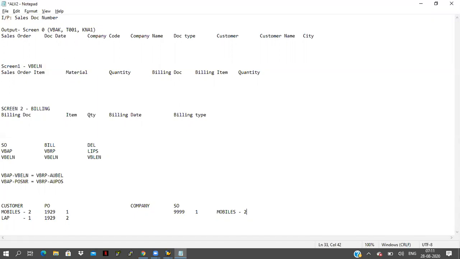Same document number only, item number 2 is the laptop, laptop 1. So this is the sales information, for company purpose. Here only one document number is generated but 2 items are coming here.